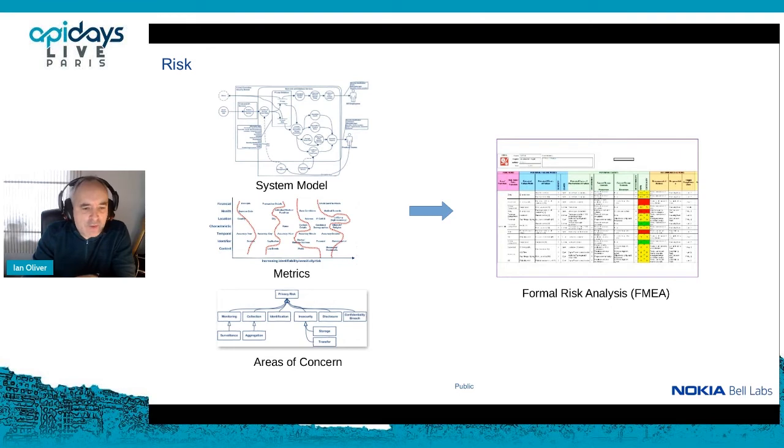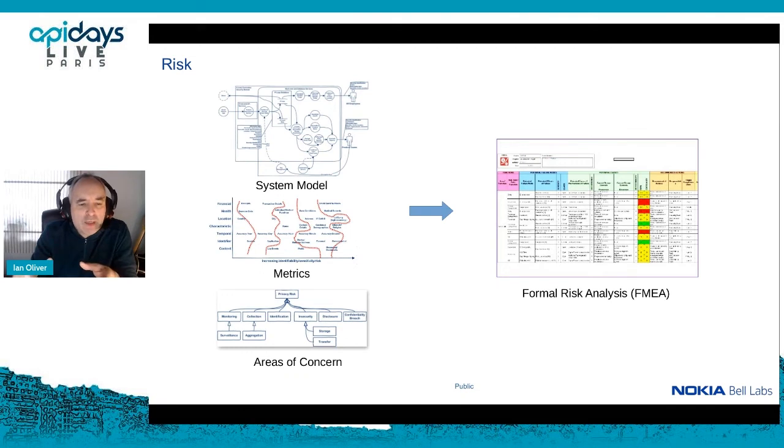We had areas of concern, which are our requirement aspects, and we had a model of the system. Once you have those three things, then you can start doing formal risk analysis, and we used FMEA for this, which, even though it's a very crude tool, actually focused us on a whole bunch of areas, such as from the model we could say what is the, if we're collecting fine-grained location information and so on,